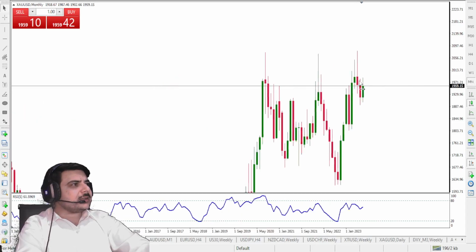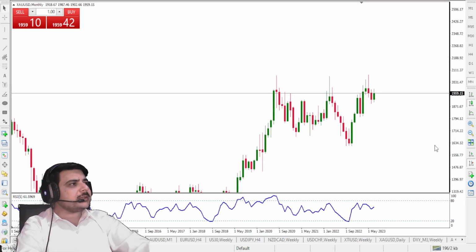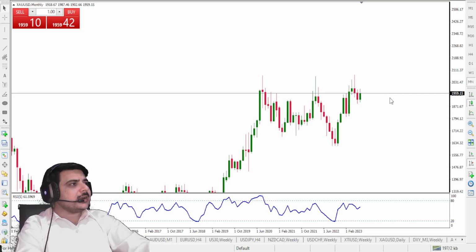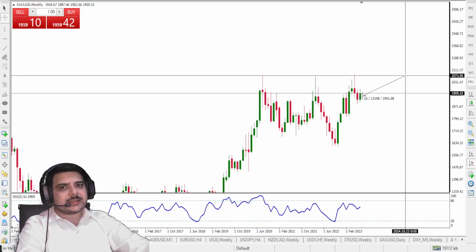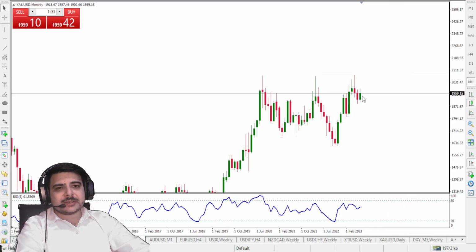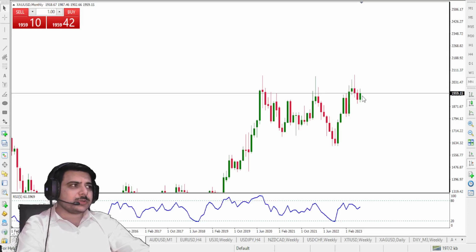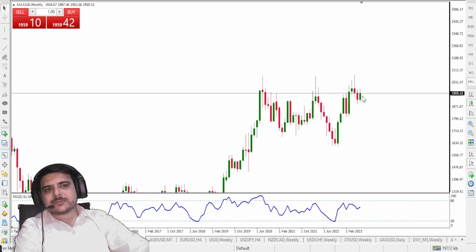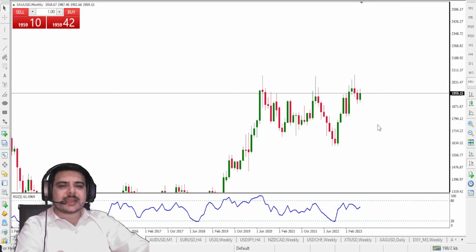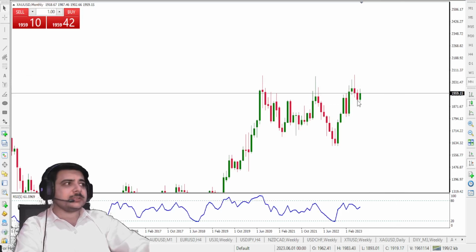Because we are almost near the month end, if we see the monthly candle, despite so much big news from the States, it is still standing at its own level. In the upcoming week there are definitely some fundamental events for the CAD and the dollar, which can fluctuate the prices of gold. But technically, monthly is clearly standing bullish so far. Further it will be decided on Monday when this candle closes and the new one opens.